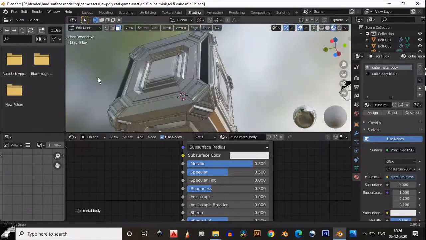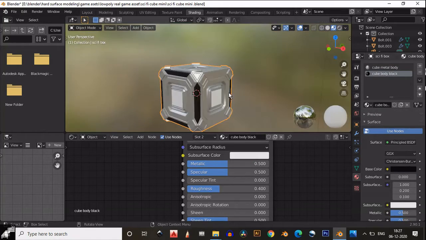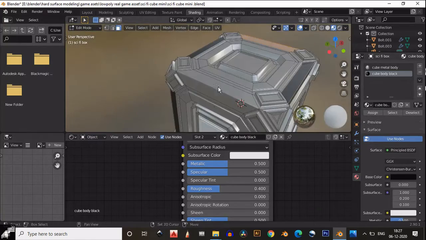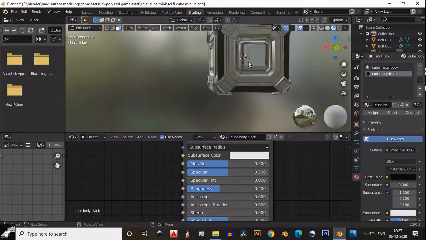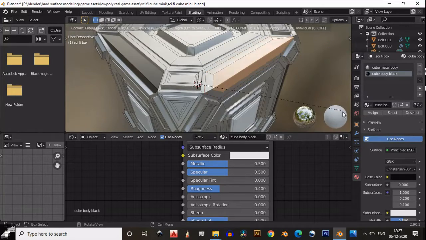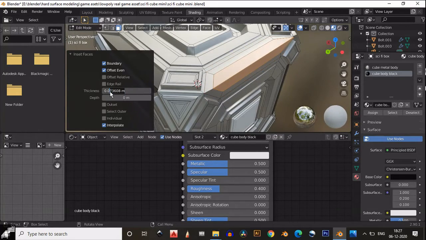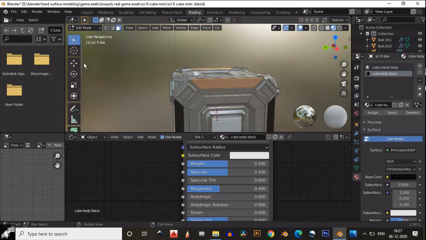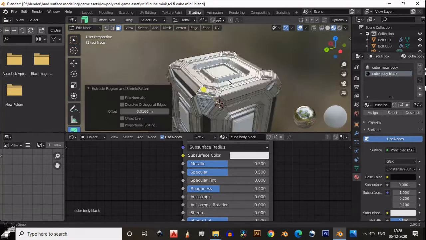Give the same texture to all these side faces, and it looks pretty good. So here I forgot to extrude inside these faces, so I just extrude inside these faces right now. Just extrude inside and give the same texture to these faces also.